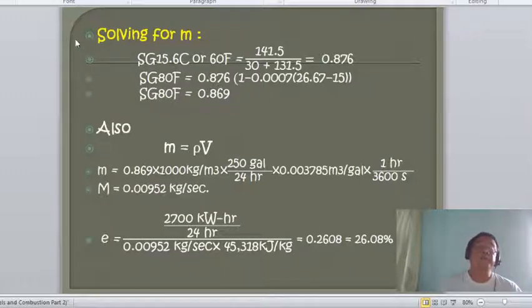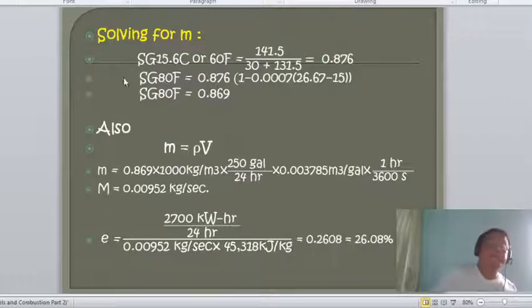And the specific gravity at temperature T, or at 80, is equal to the specific gravity at 15.6 multiplied by the factor 1 minus 0.0007 multiplied by 26.67 minus 15. So, 26.67 is in degrees Celsius, equivalent to 80 degrees Fahrenheit. Therefore, the specific gravity of the fuel at 80 degrees Fahrenheit or 26.67 degrees is